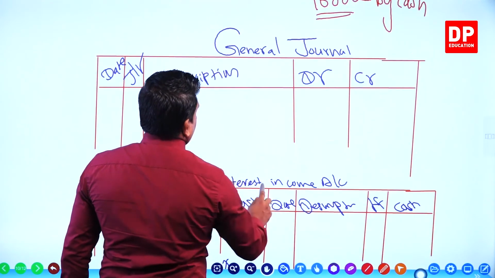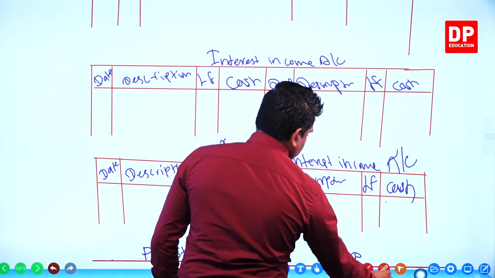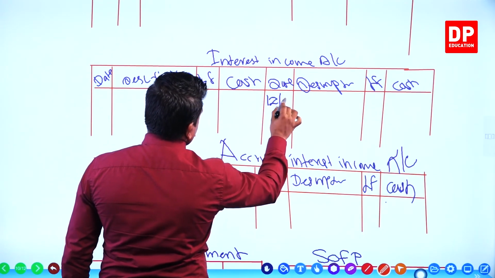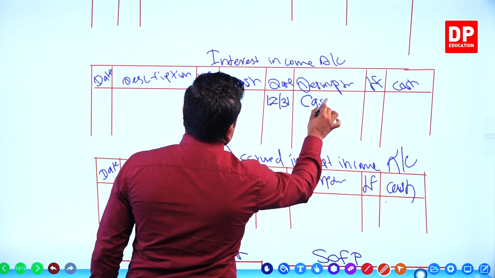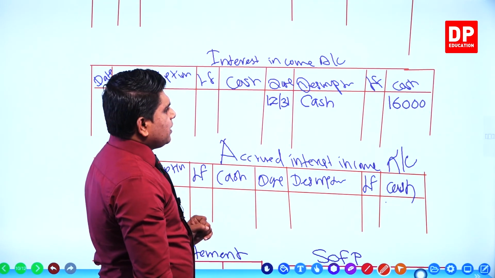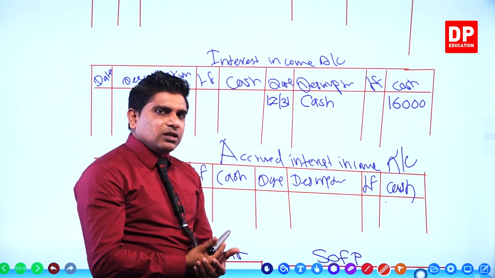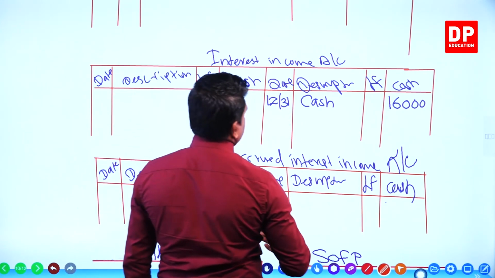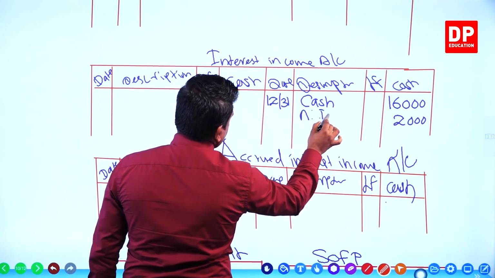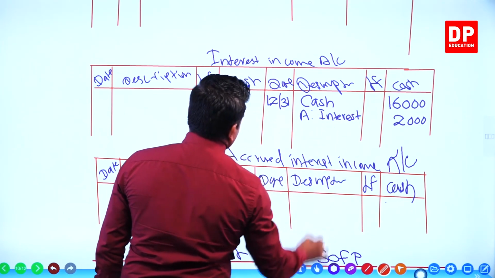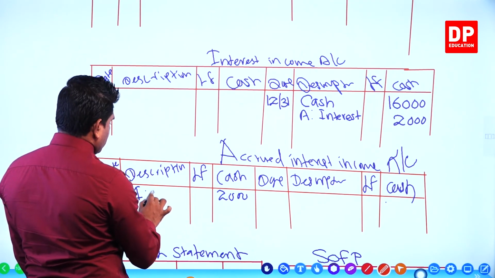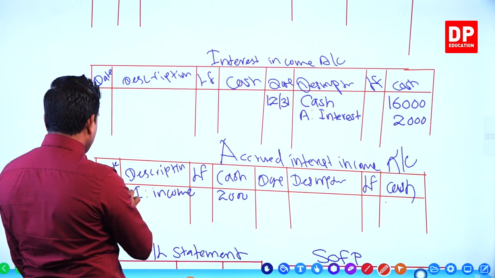We use 9 months only because the fixed deposit was opened after 3 months in the current accounting period. So the first 3 months no, the other 9 months, right? Then 18,000 is the amount for the year, but 1 month of accrued interest is still pending. Then accrued is 2,000. The 16,000 is already received, right? Now when you receive cash, cash account debit, interest income account credit, 16,000. Now we have to receive 2,000 more, so that is the amount to be recorded here. Same date, 2,000 we put here. We write accrued interest. Accrued interest account debit 2,000. Here interest income, the date you put 12/31.